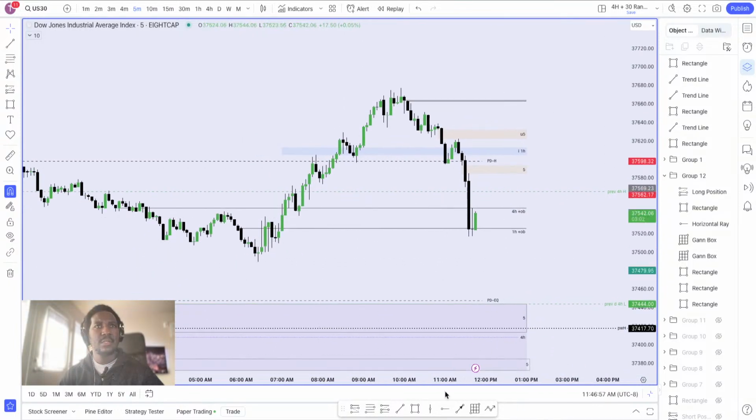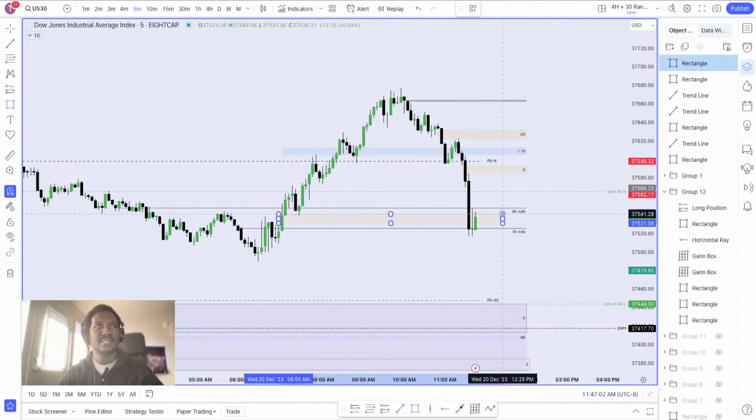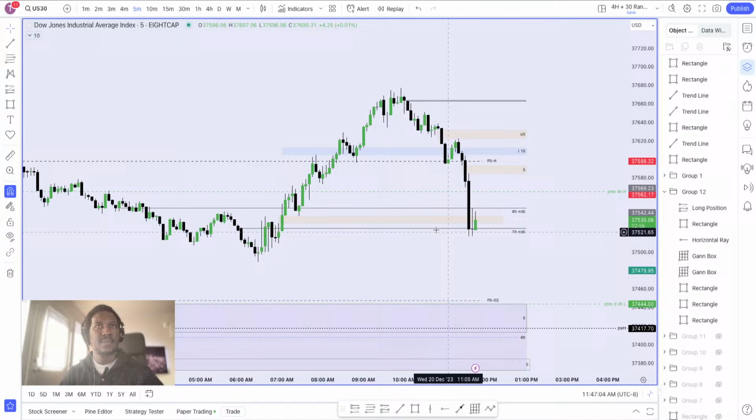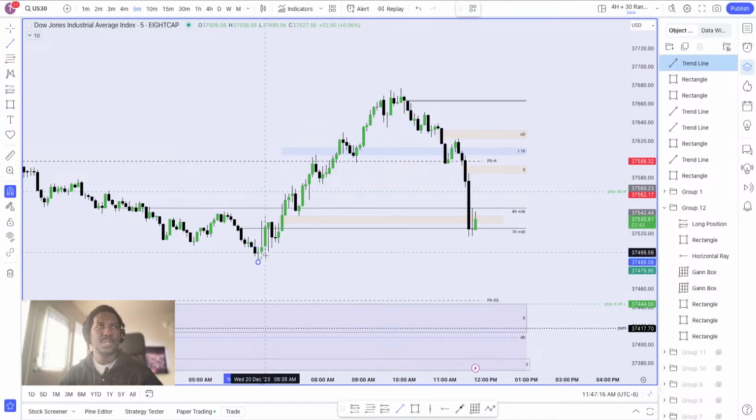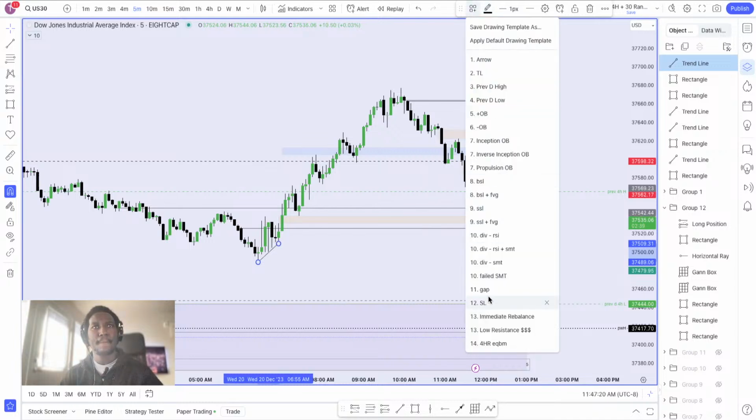And look at where we are finding support, right? This is why I like to mark these zones right there. So we crossed it, and then we're kind of using it as resistance now. And maybe we can see these levels, which are pretty much too sweet. I think we'll see those run.